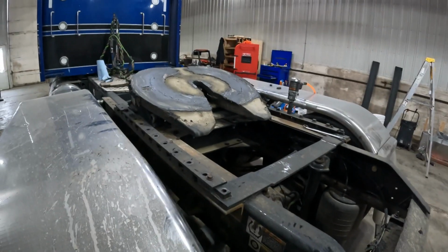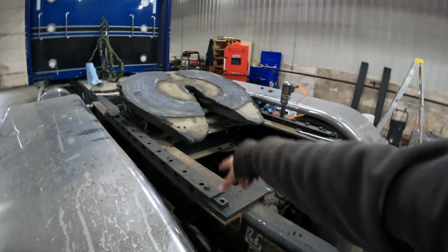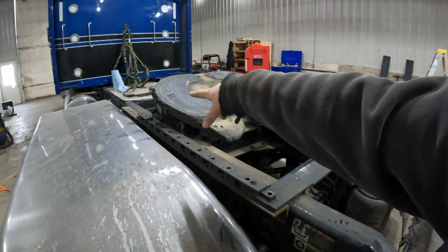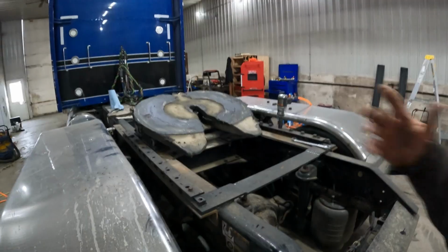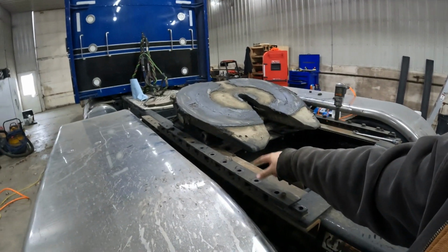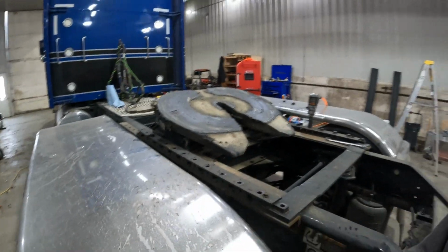And I have it all the way forward now since these rails are mounted all the way back here. I'm gonna have to move it back to where it was all the way up front. And the fifth wheel plate from where it's at right now probably needs to go ahead 2 holes. I noticed running over the scale as I'm pulling on,